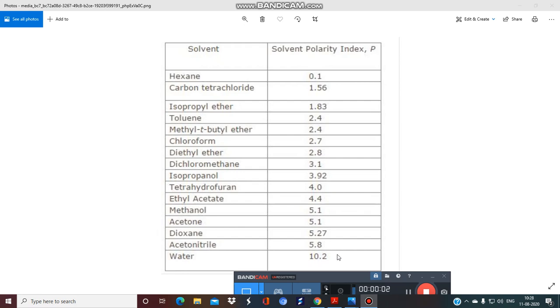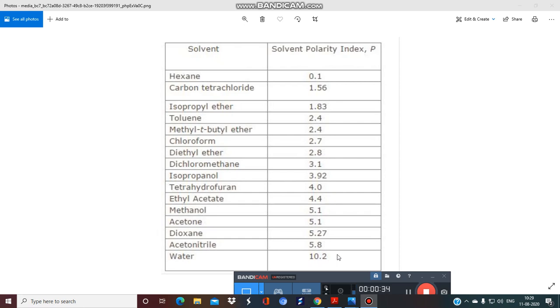I welcome you all to the next video tutorial on chromatography. In this video, we are going to cover a simple concept: the polarity index. In chromatography, we use different types of organic solvents, and one must know about the polarity of the organic solvents, because the principle of chromatography is based upon the concept of polarity. I hope you have an idea of polarity. So let's start with the polarity index.